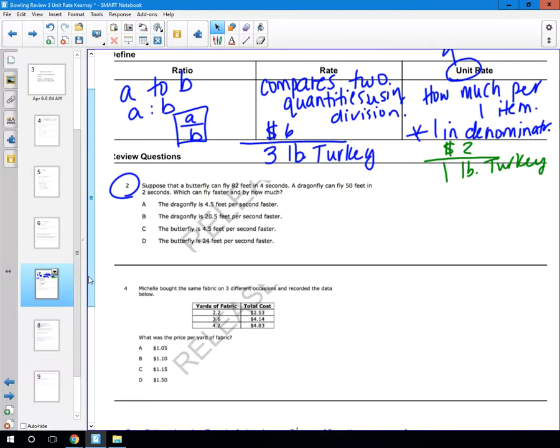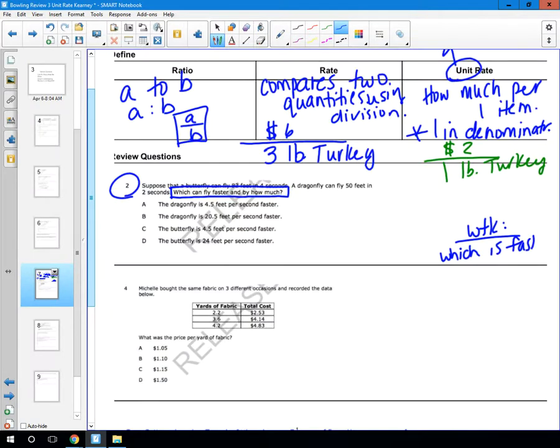Okay, so for me, when I am marking the text in math, what I do is I always box in the question and then I write, what do I want to know? So I'm going to box in my question, which is which can fly faster and by how much? So my want to know is which is faster and how much faster. Okay, so I'm not going to stop until I have that question answered. So I'm comparing a butterfly to a dragonfly. And I know that the butterfly